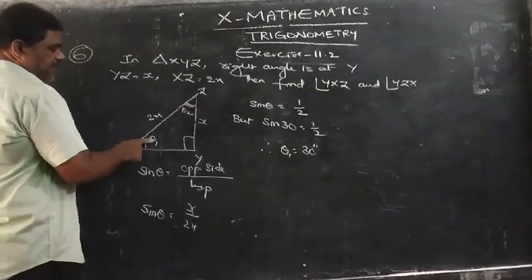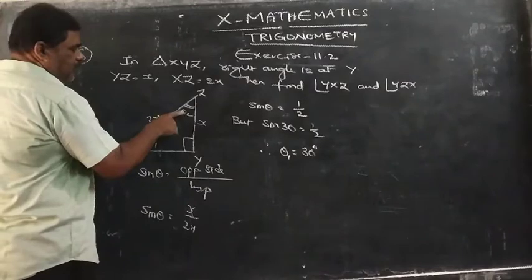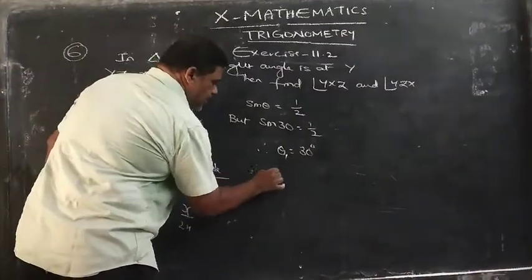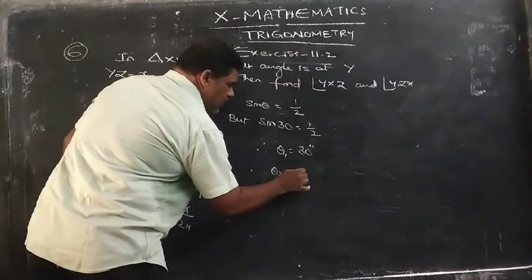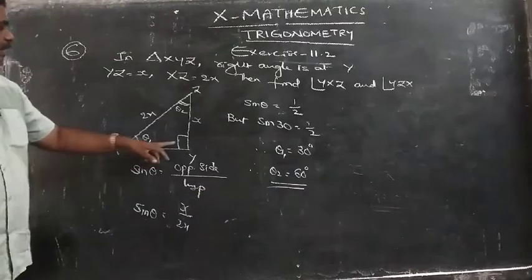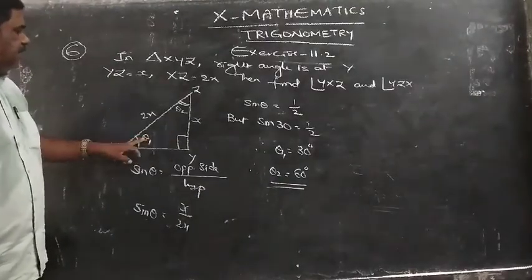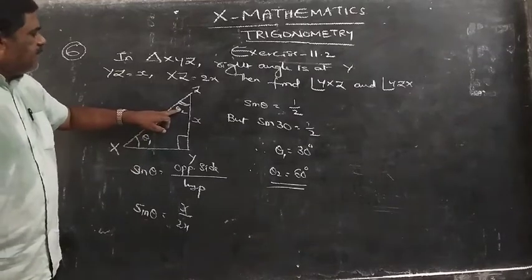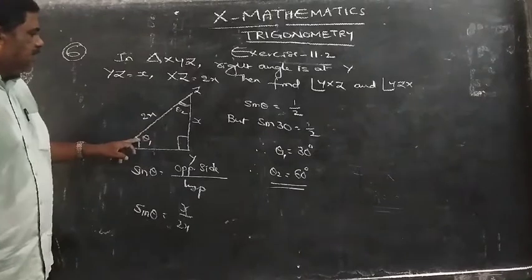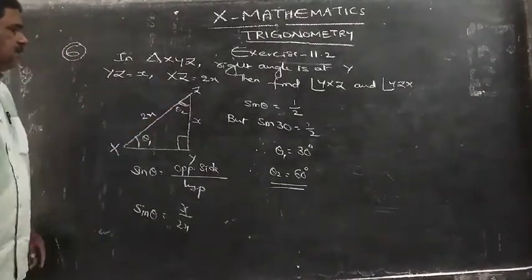If it is 30 degrees, it is 90 degrees. 90 plus 30, 120. Automatically theta 2 will be 60 degrees. Therefore, theta 2 is equal to 60 degrees. In a triangle, if one angle is 90 degrees, the other angle we got 30. If it is 90, 30, automatically third angle will be 60 degrees because sum of the three angles is 180 degrees. Using the rule directly, we can write the answer. Theta 2 is 60 degrees.